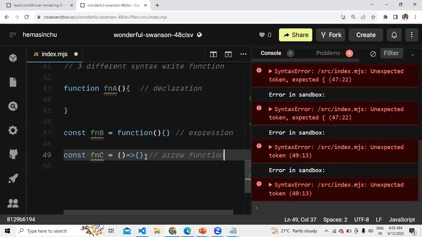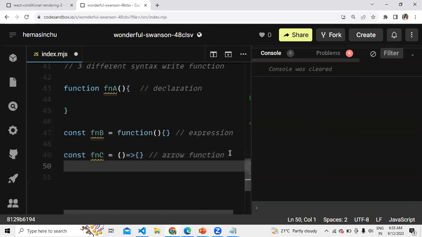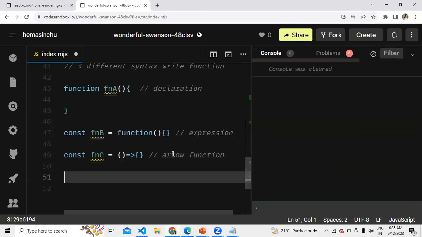So all three functions are still valid. You can use all three of them. It's not distinguished like this is old and this is new, though the newly added one is arrow function syntax. But what's the benefit of having arrow function? There are a few differences, not a lot, when it comes to arrow and a normal function. Maybe in the interest of time, I would not go through all of that. But one benefit of arrow function is that it is simple and concise to write.